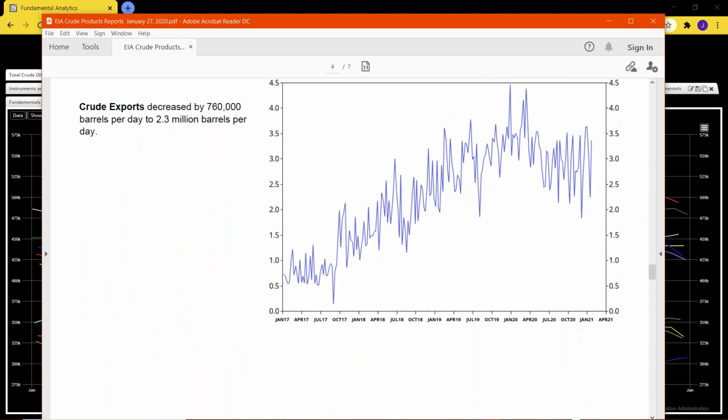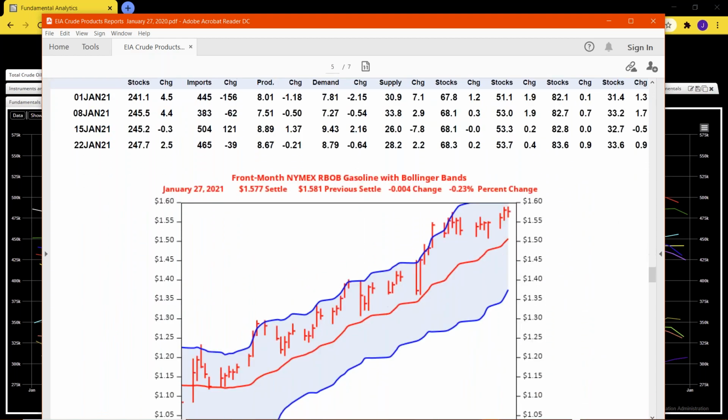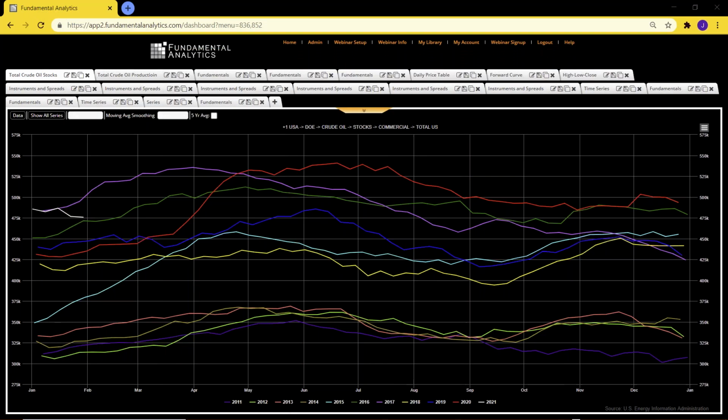This is only just a select few of the charts, but also price behavior that was happening leading up to and including that day. So that pretty much covers what I wanted to provide: an introduction to how our platform works, what data it has, how to navigate it, and also the send-outs that we offer, part of the subscription to our clients. And we'll open it up for questions, should there be any. Andrew?